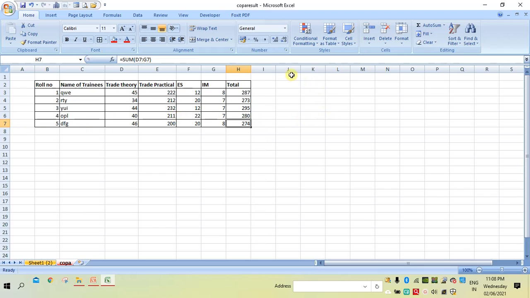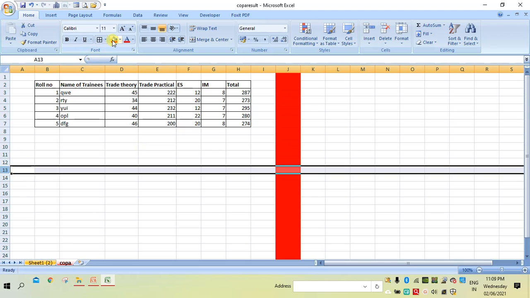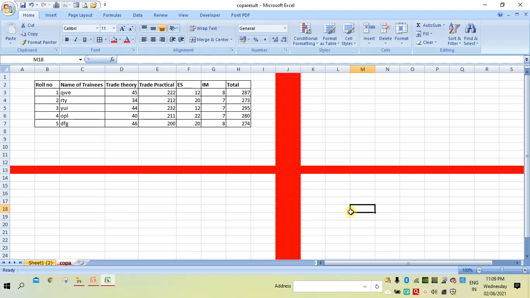So let me show one with an example. I will make a color. Here you can observe this is a cell. It is an intersection of a column as well as a row.